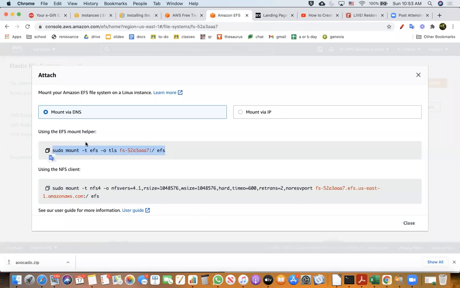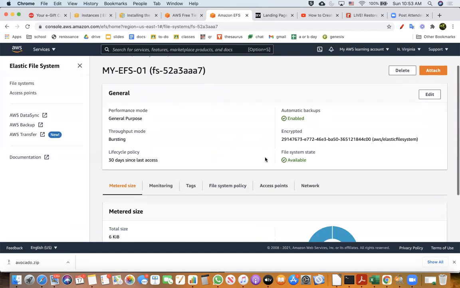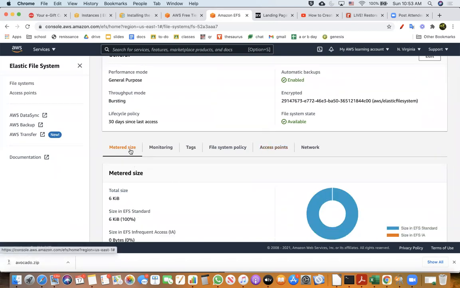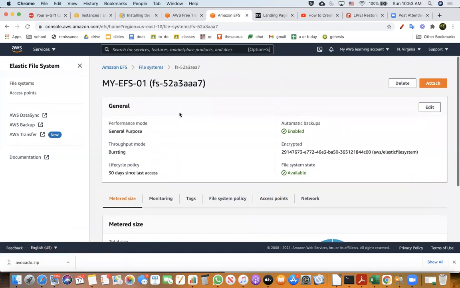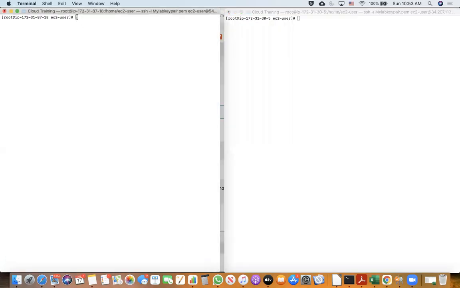So this fs dash, this is the specific file system name, and when we really try to do an attach, it is going to give this command. This is the command that we need to run on both the systems. So I am going to run this command.